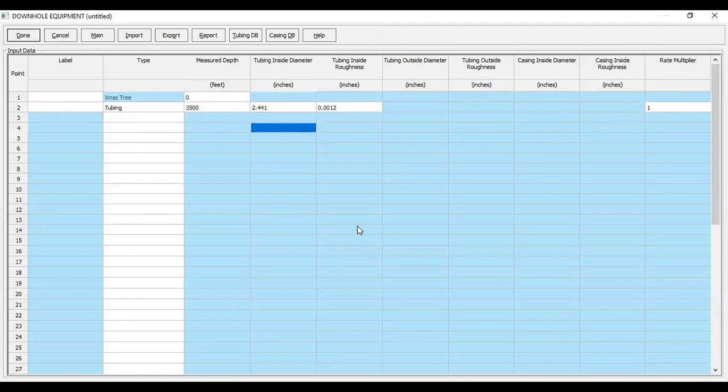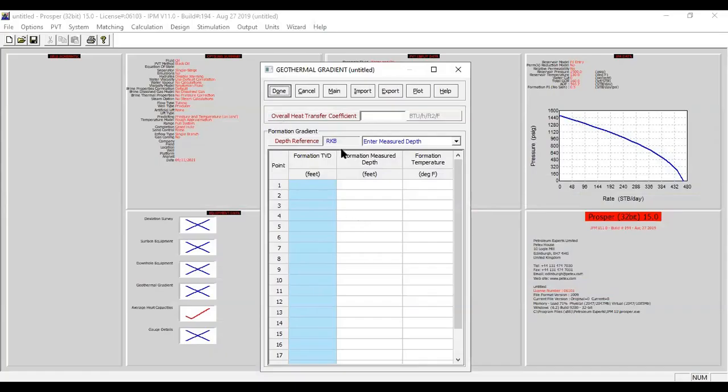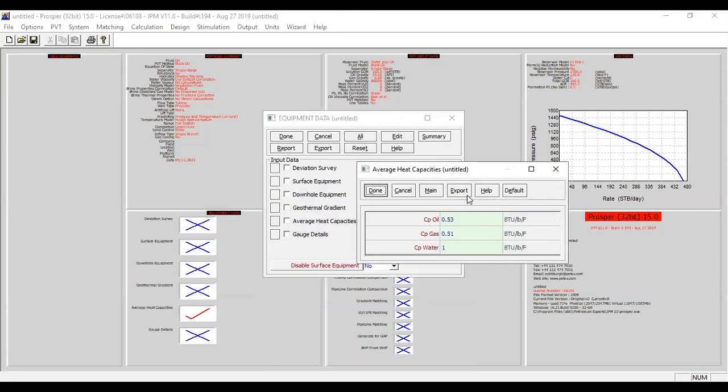Click done. Now the geothermal gradient, with overall heat transfer coefficient of 8, and the temperature at 0 feet is 60 degrees Fahrenheit, and at the reservoir depth the temperature is 130. Done. Lastly, the average heat capacities.